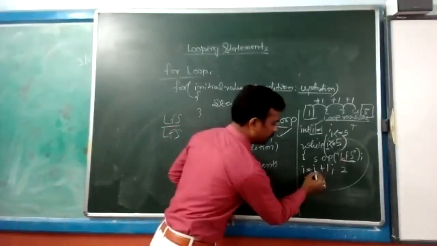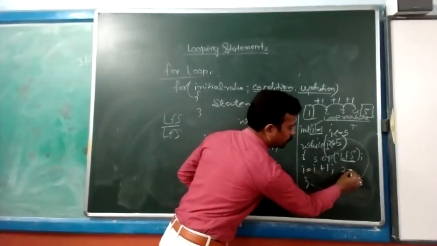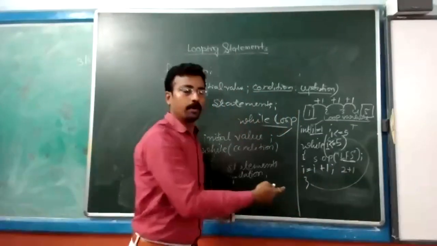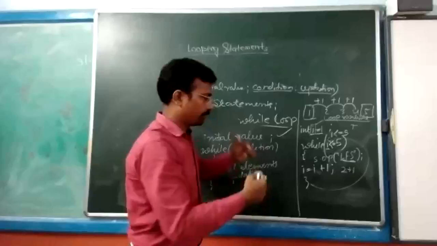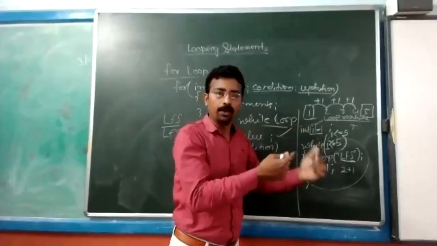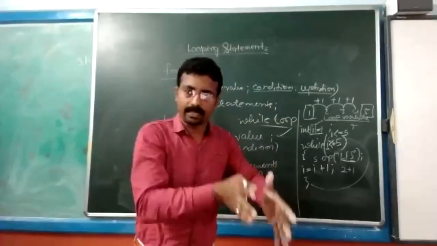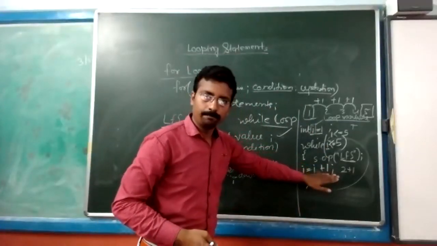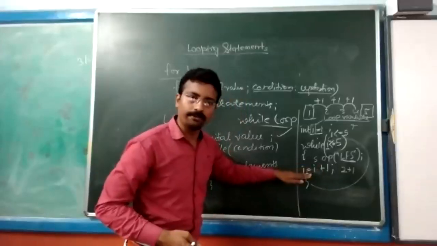Again, what happens? This I that was 2, now 2 plus 1 will be done. The new value of I becomes 3. How is it possible? Because it is a variable. A variable every time will take a new value. The memory will always be able to contain a new value. So the value is getting updated and the new value is saved in the memory of I.